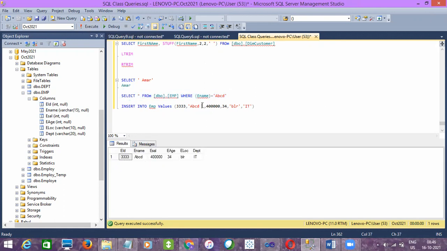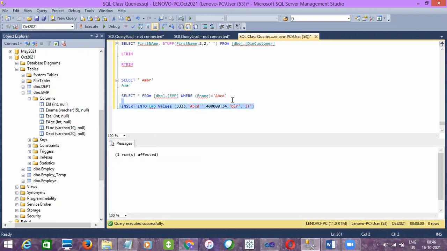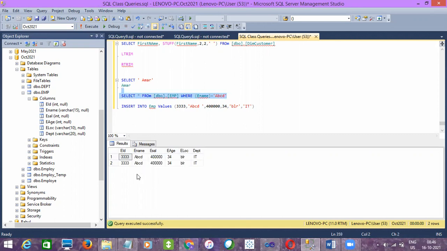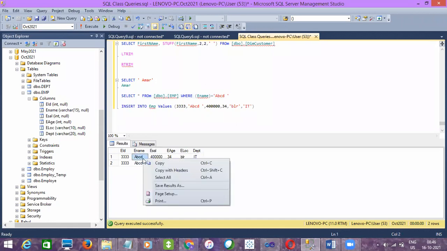Did I give it or not while inserting? Let me insert now. I think I did not insert it. Yeah. It is fetching, right? So let me give a space. No, still it is fetching. I think there is some issue with the value. But it worked with the left side, right? So let's see. Yeah, there is an extra space.